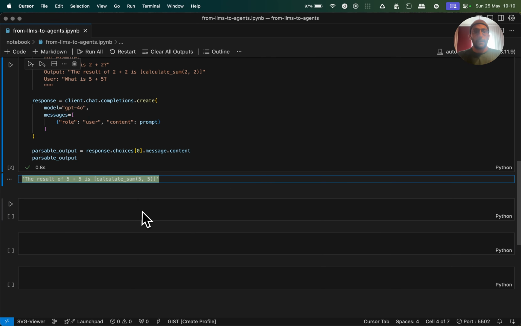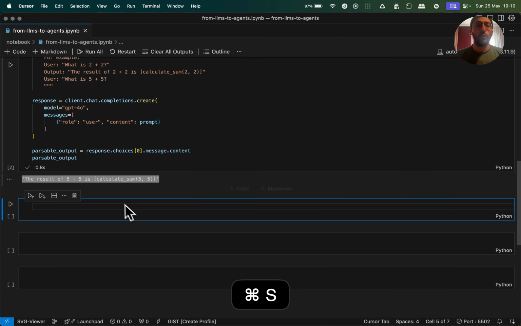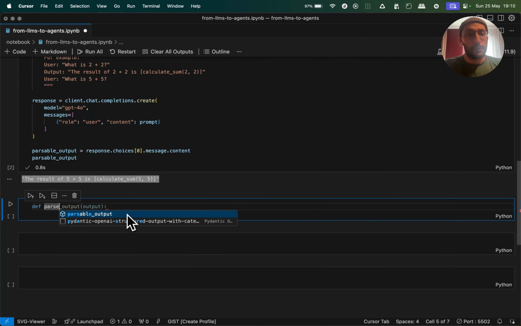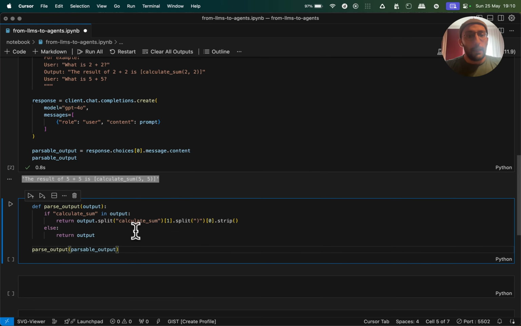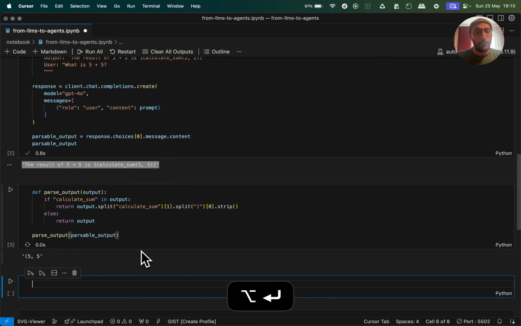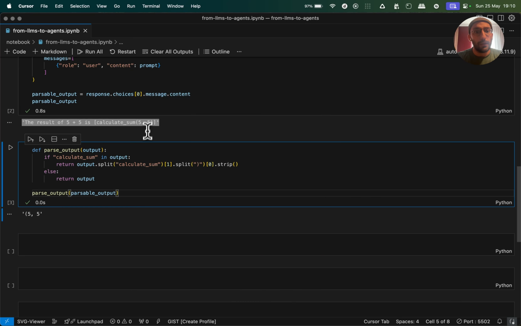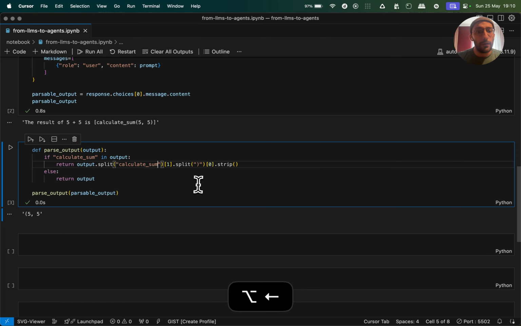Beautiful. So folks, check this out. Now I'm going to parse this output. And here is a very silly example. And I don't like this example. Calculate sum dot split.